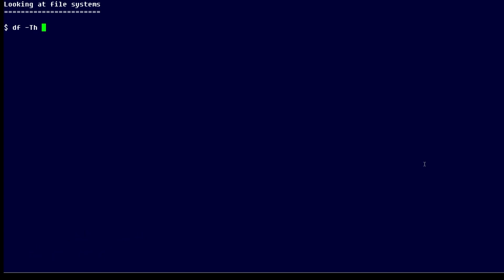In this Linux tip, we're going to look at the df -T command. It provides details on your file systems, but unlike the same command without the capital T, it adds the file system type. A good thing to take a look at from time to time and to understand.